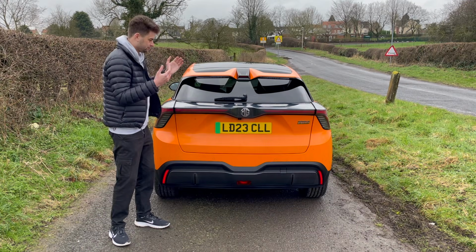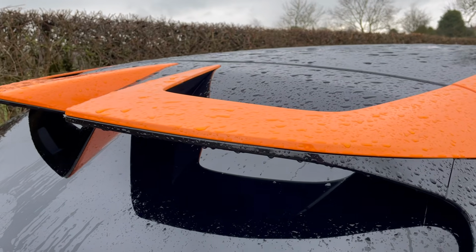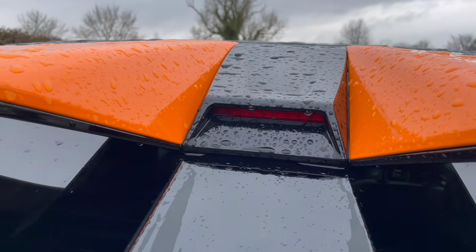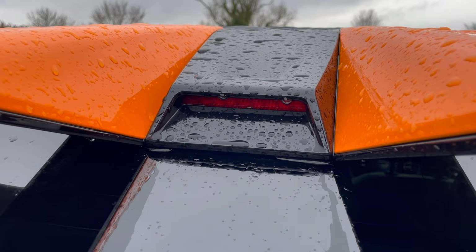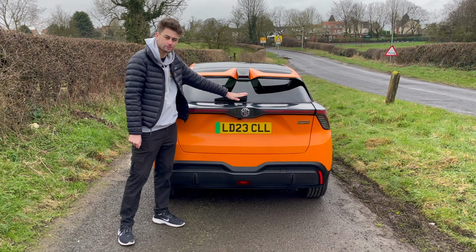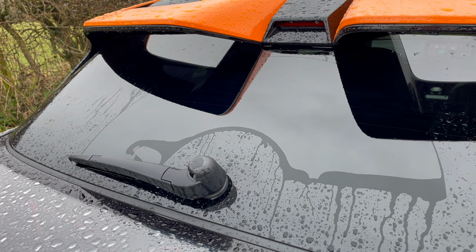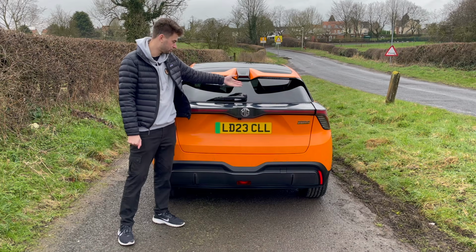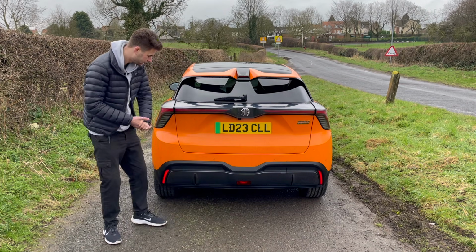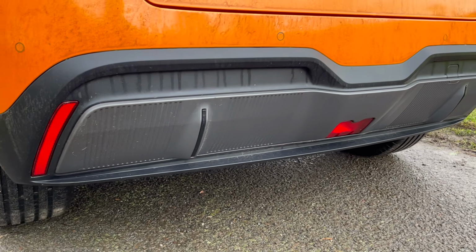At the back, shock, it's exactly the same as well. You've still got this fancy double spoiler thing going on with your rear brake light hidden in there. You now have a rear wiper on the MG4. This was not a thing when this car first came to the UK, and then every owner fed back that in the UK we get crap on the back of our windows in winter, so this is a nice thing to have. You've still got this weird diffuser thing going along the bottom in an attempt to be sporty,